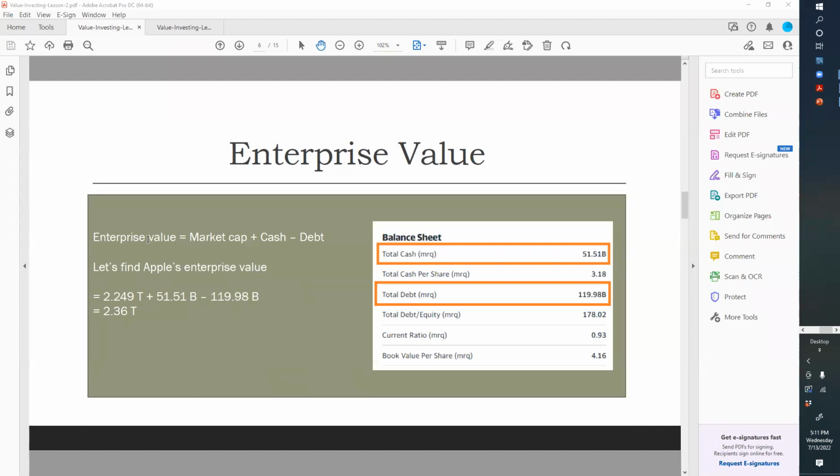Actually, it is the other way around. Because if you are buying a company, you are paying them the market cap, which is the outstanding share count multiplied by the price. Whatever cash the company has, it's yours, so you're not going to pay for that because you are buying the company. The debt you have to